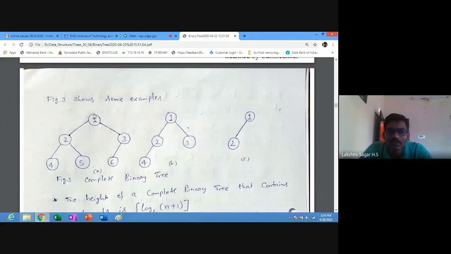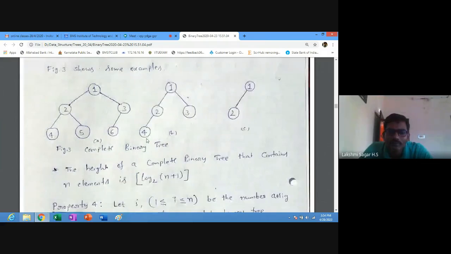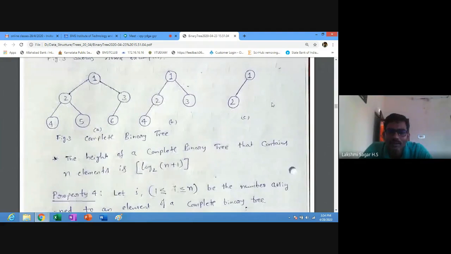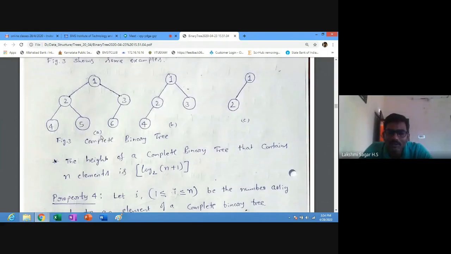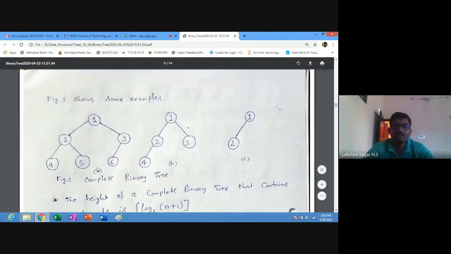So this figure 3 shows some examples that this is a complete binary tree. These three are complete binary trees. You check whether these three are complete binary trees or not.